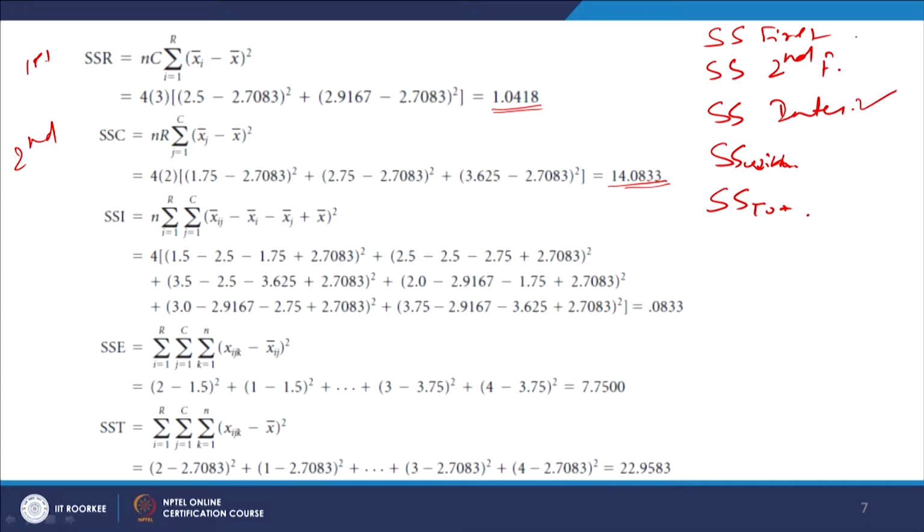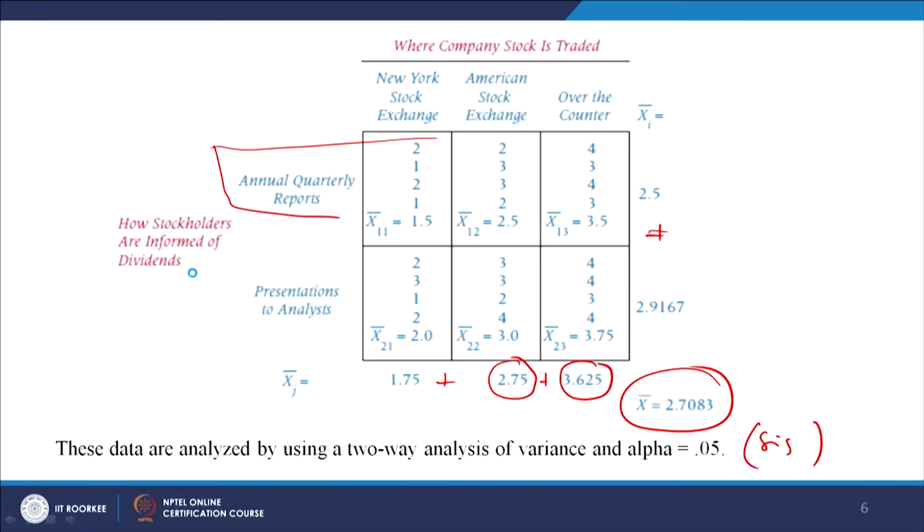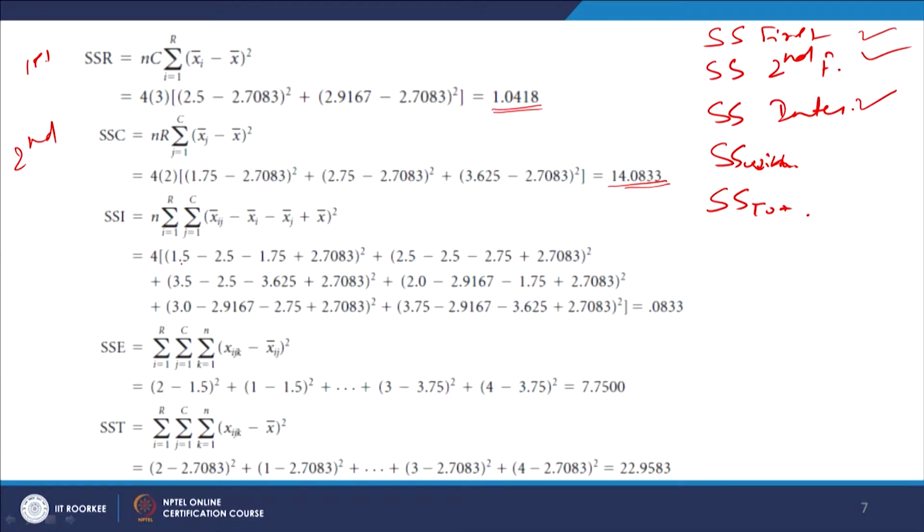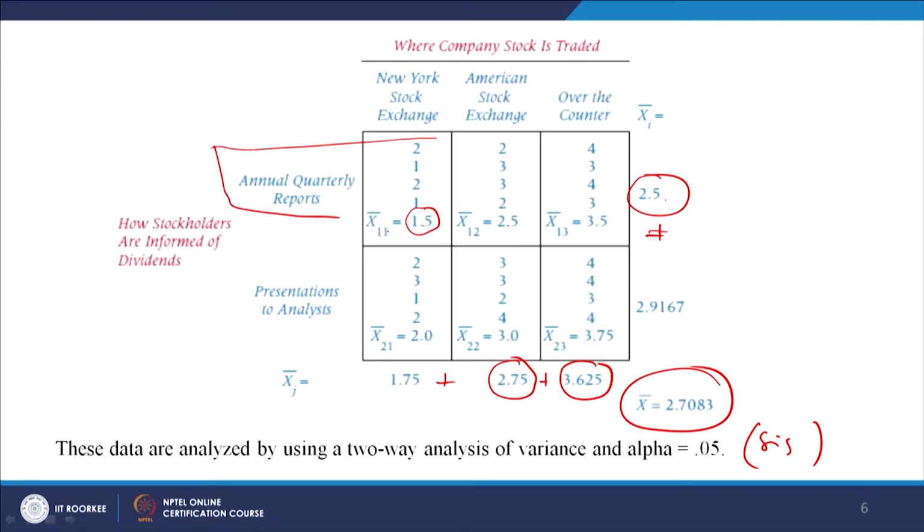Now, we are finding the third. This is done, this is done, the interaction. So, what is the interaction? Interaction is saying 4 then into, how do you find out, xij, right. So, let us see. This value xij is x11 or x12, right, minus the corresponding mean. So, this minus this square plus this minus this square plus this minus this square, and so on. So, xij minus xi first one, then xj. So, I and j. I is my row and j is my column.